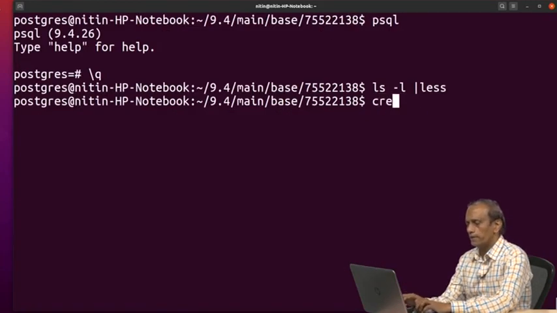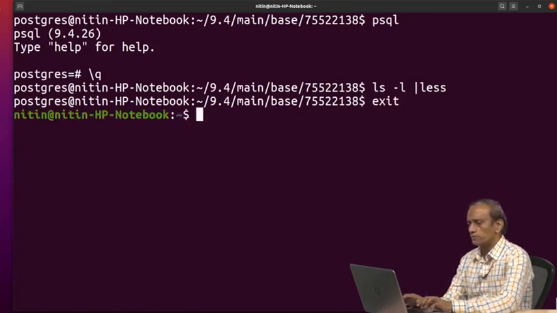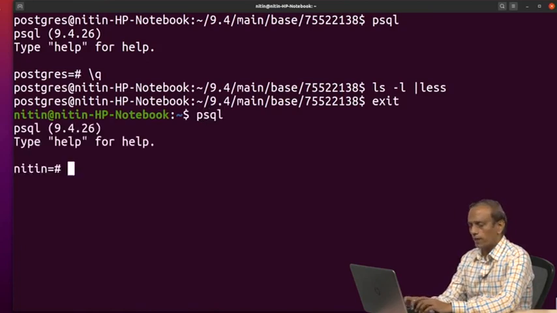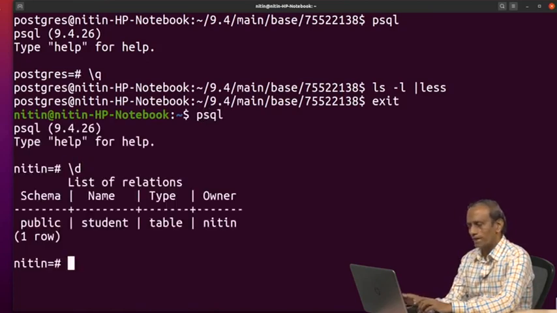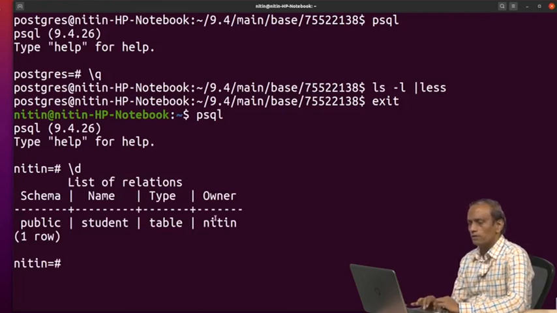Now let me come out of this and write psql. If I create a table, for example, if I write \d, the owner is Nitin, but is it stored there only or not?